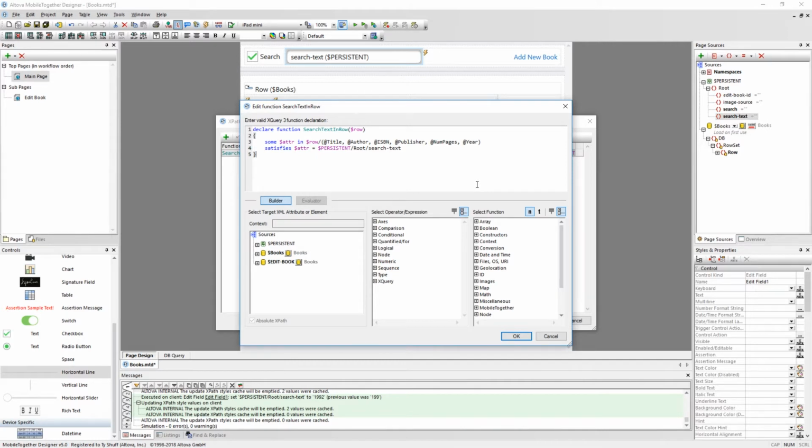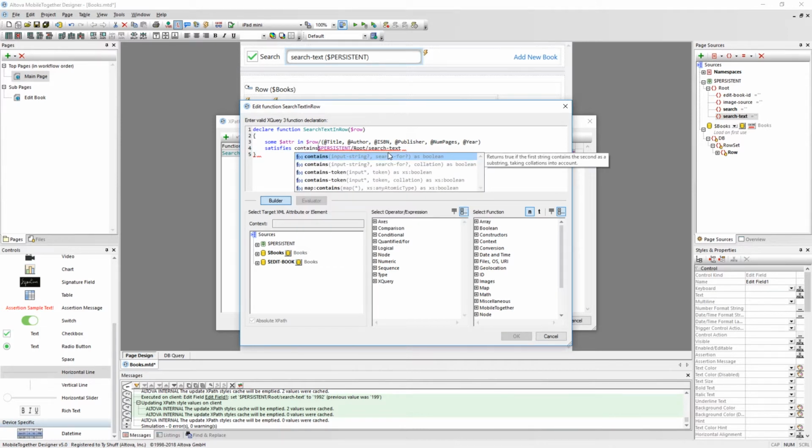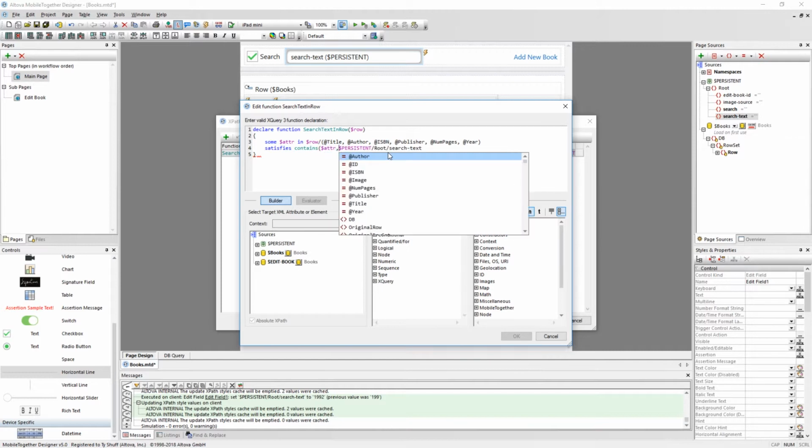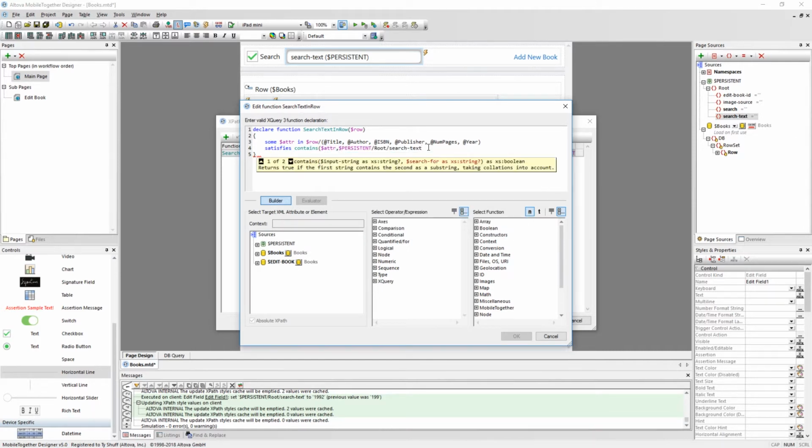Let's modify the function to search for any text which contains the search text. This can be done by replacing the existing comparison with a contains function. The contains function will search for the specified needle, attr, inside the haystack, search text. While we're here, let's also make the search a bit more user-friendly by trimming white space from the query and making the search case-insensitive. Instead of using the search text directly, let's store it in a variable at the top